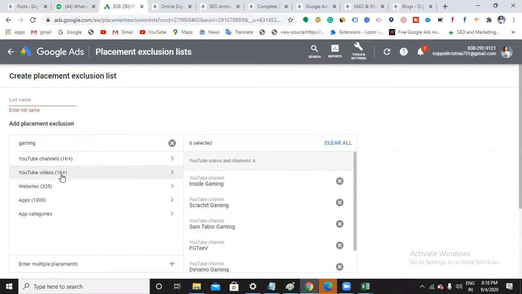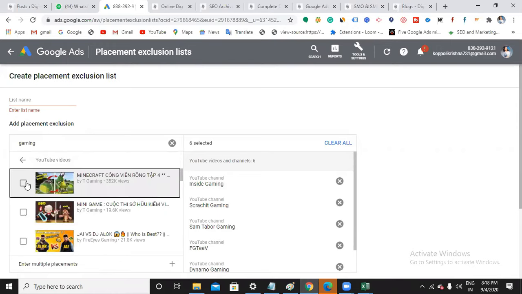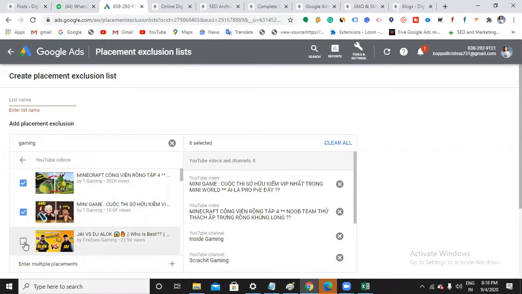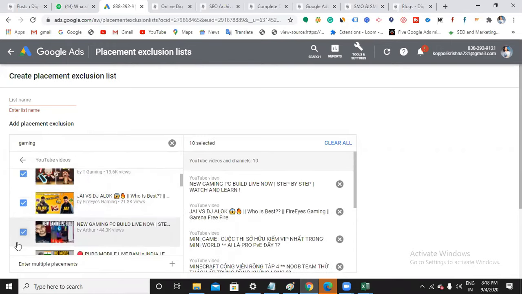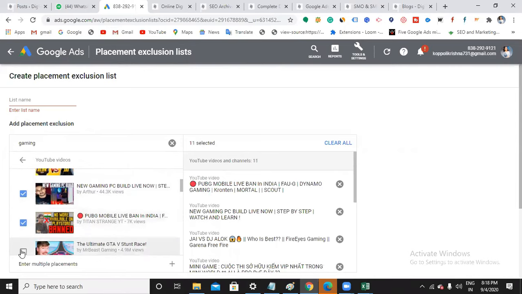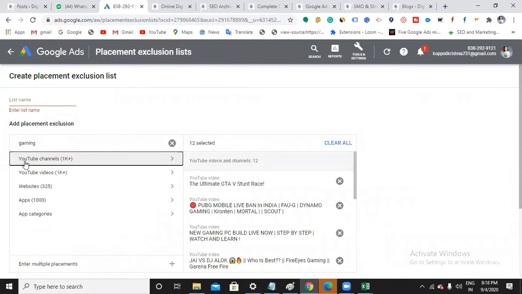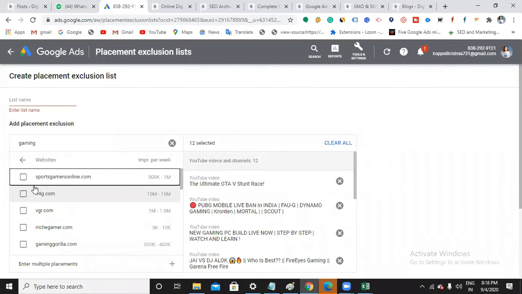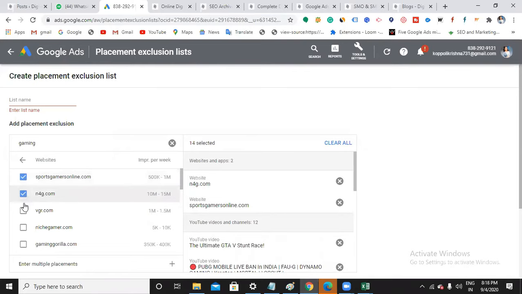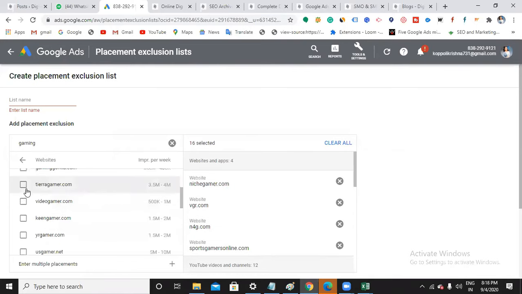So now again here you can select videos which consist of gaming, or search for toys, search for kids videos, in such a way you can remove. Then websites which consist of gaming content, choose, right?